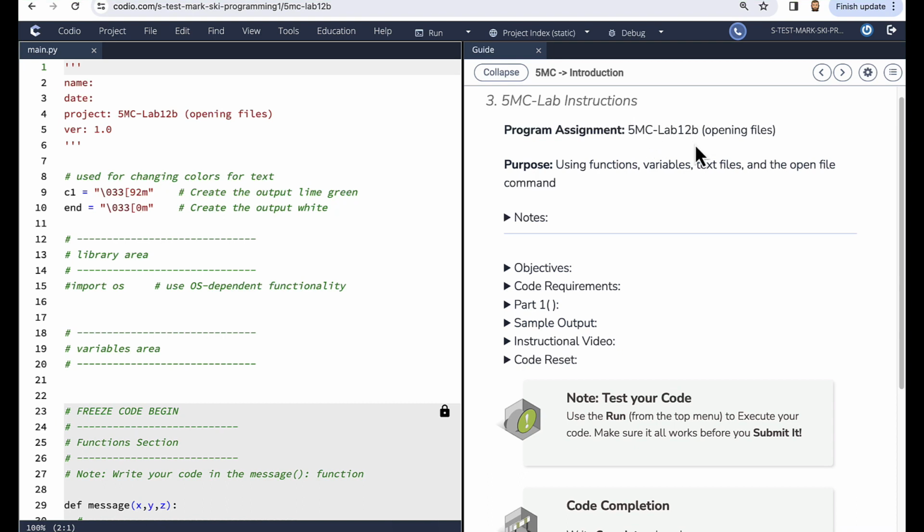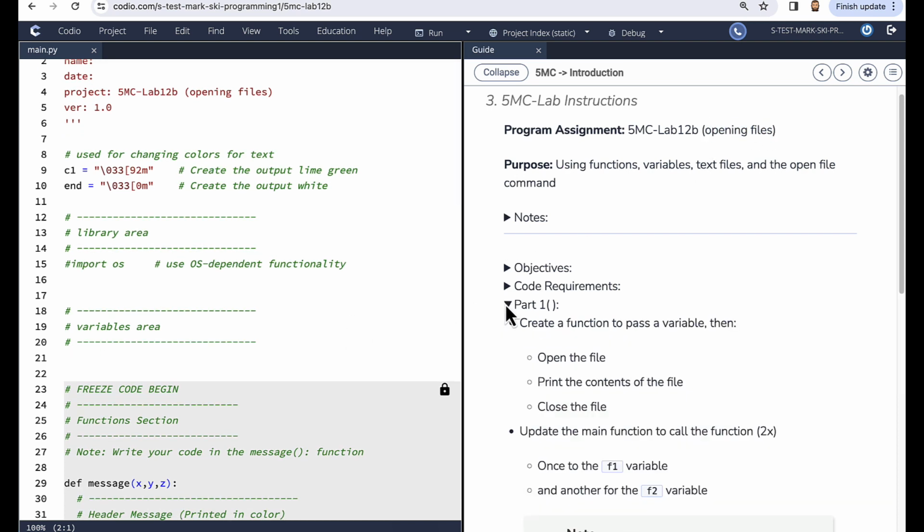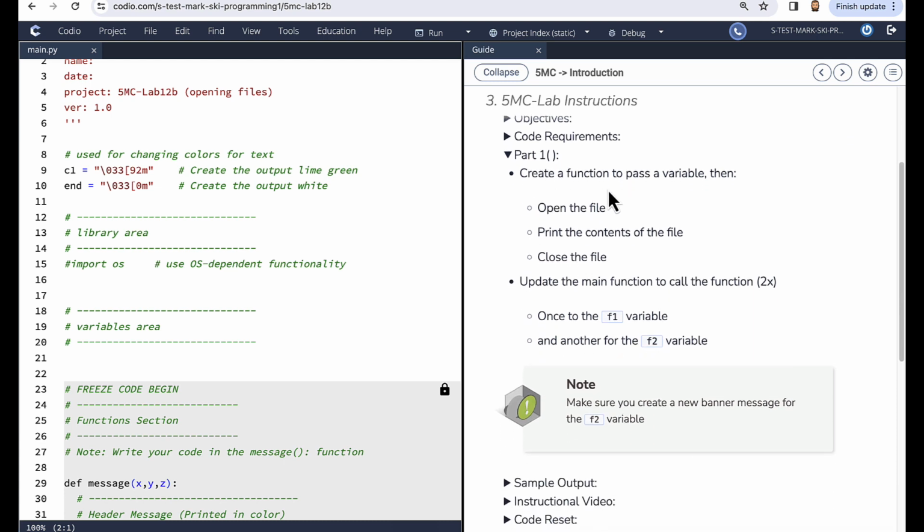All right, in this segment, we're going to look at 12b and how to create the code to open up files. If we look at part 1 of what's required, we're going to create a function to pass a variable. We're going to open the file, then print the contents of the file, and then we're going to close